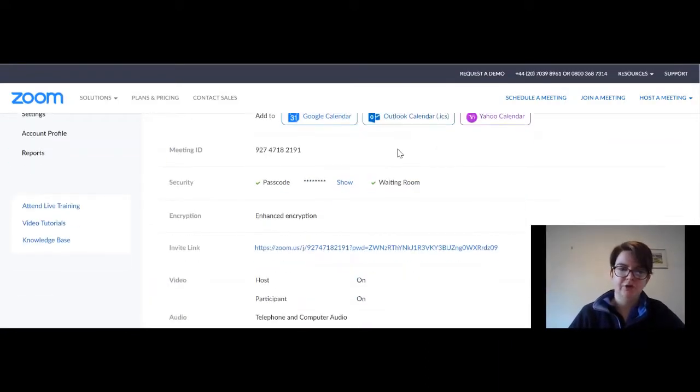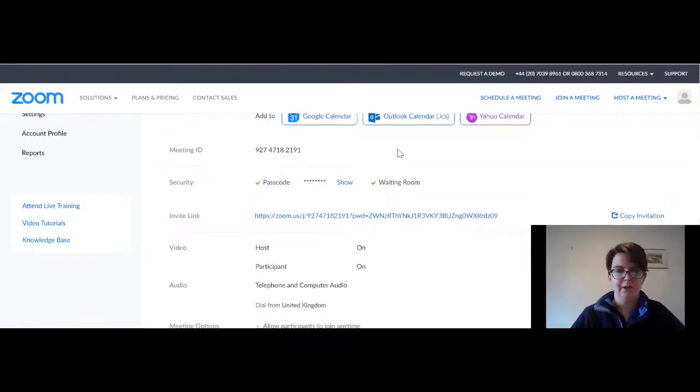Now you would like to share your Zoom meeting link with the parents of the girls in your unit. You can do this by scrolling down and it will say invite link and you can click copy invitation. If you click that, you will be able to copy that link into an email out to the parents so that they have the Zoom link to join your meeting. Don't share the link publicly on any social media such as your unit Facebook page, as there may be a risk you could have unwanted people trying to get into your meeting. You should really send the link directly to parents of your unit.